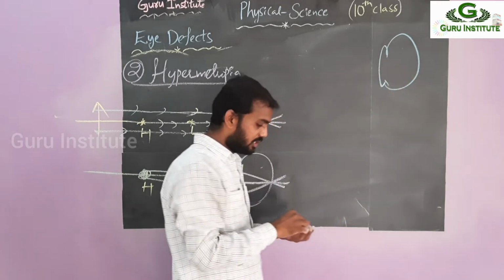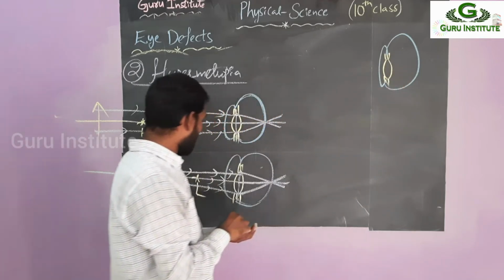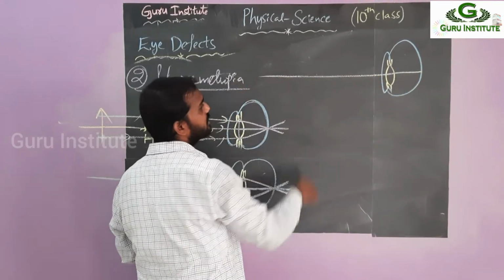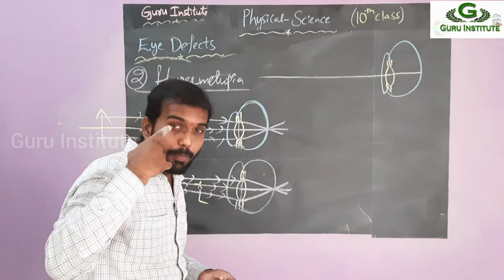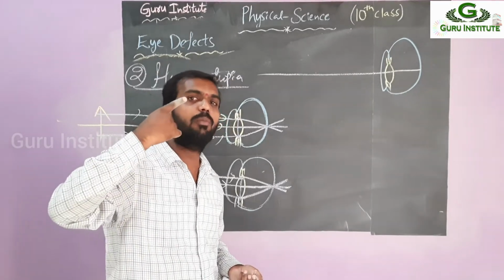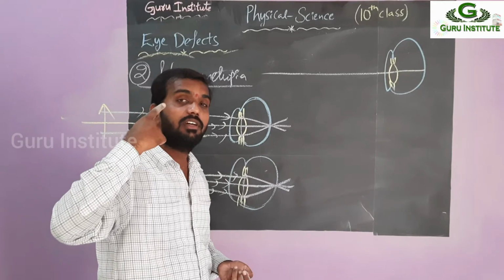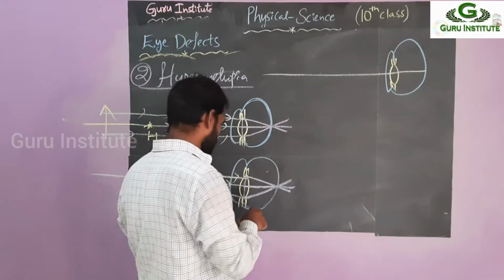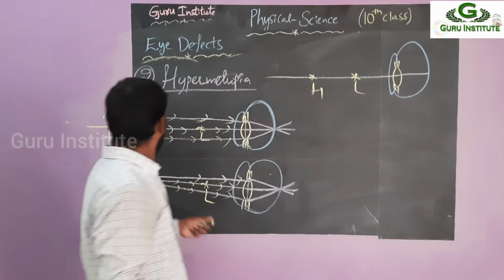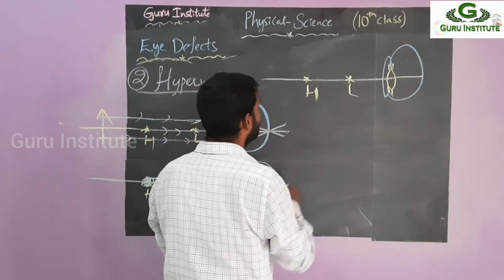Again, the eye lens, our eye. So now I am taking the eye lens and ciliary muscles. From the pole, the pupil, you can draw the principal axis. For our eye lens, the pupil is the pole. The rays going through the pupil can't be deviated, so they are directly refracted and enter into our eye. Then the L point, then the H point. Between H and L we can take.